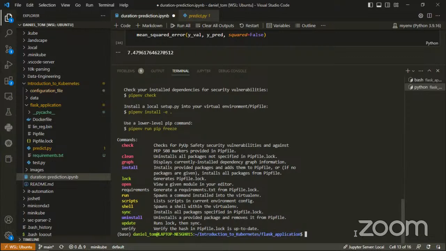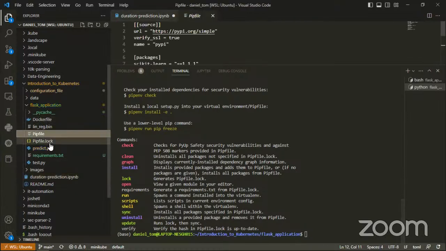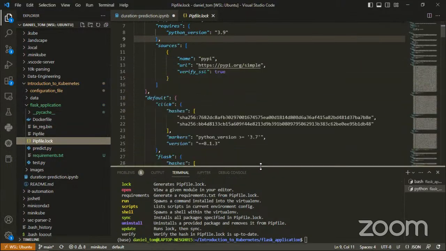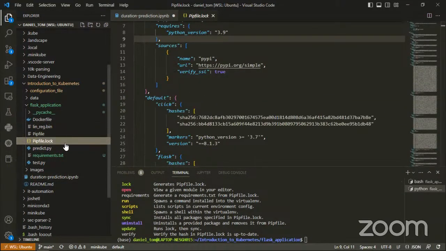And then when it finishes and installs all of that, it's going to create two files. That's what this Pipfile and Pipfile.lock are. So what these two files are doing is that I am going to be able to copy this into my Docker container. Now, I think we already know what Docker is. Docker is a containerization tool. It helps us package our applications. So in this case now,